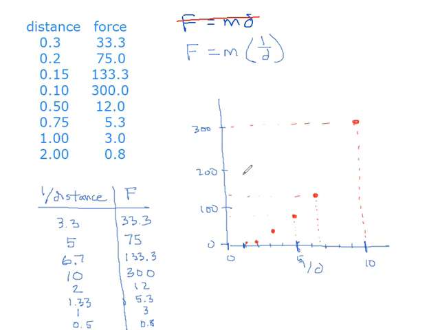That's on this scale. I'm saying if that's 100, then that's 50, 40, 30, 20. That's 10, so anything lower than 10 should be even lower than that tick, meaning not very high at all. 1 goes with 3, which is down here, and 0.5 goes with 0.8, which is darn close to 0 on